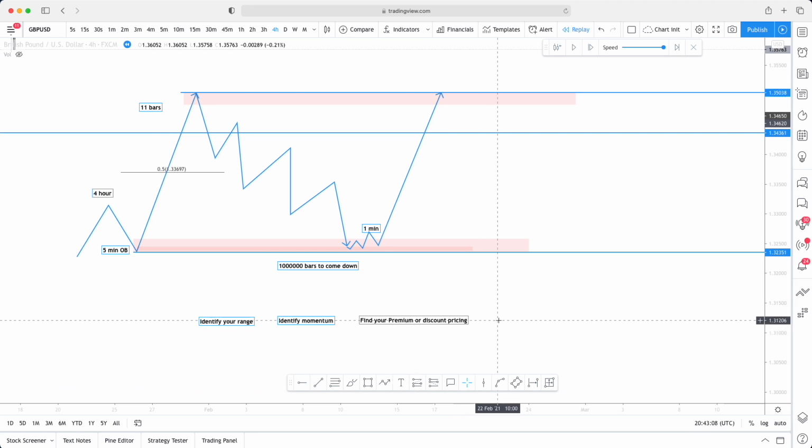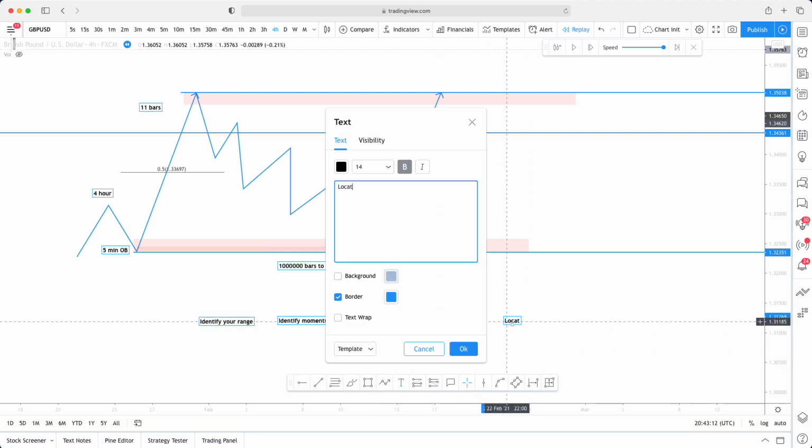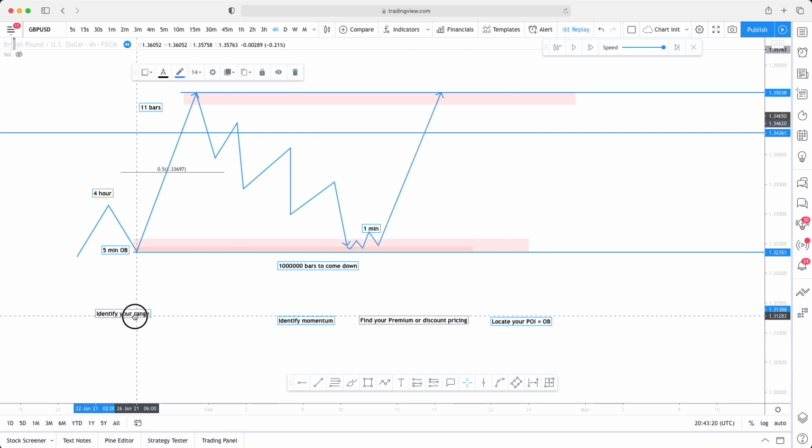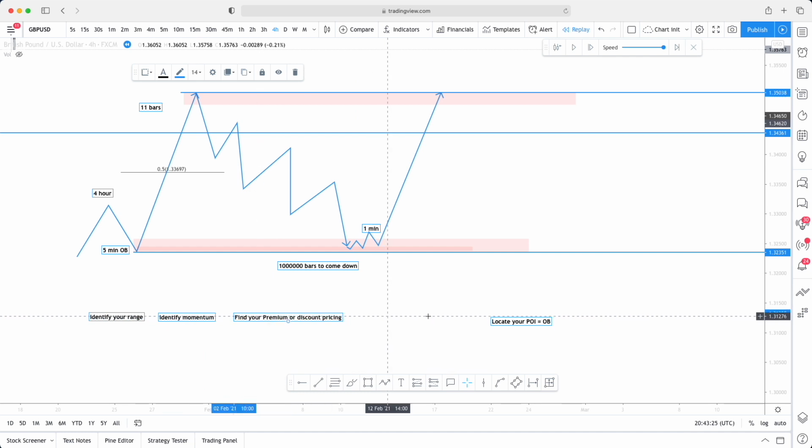Then you locate your POI, which is your OB. So you identify your range, identify the momentum, find your premium discount pricing, locate your POI,